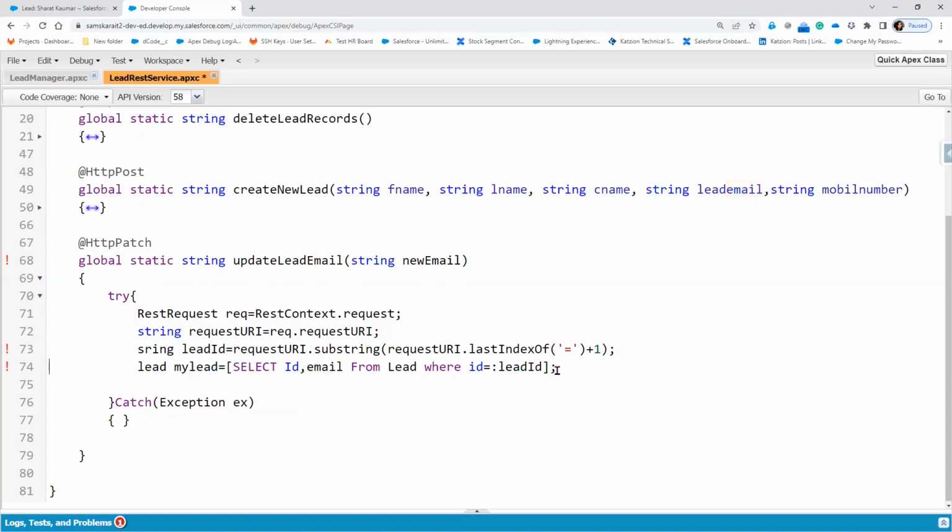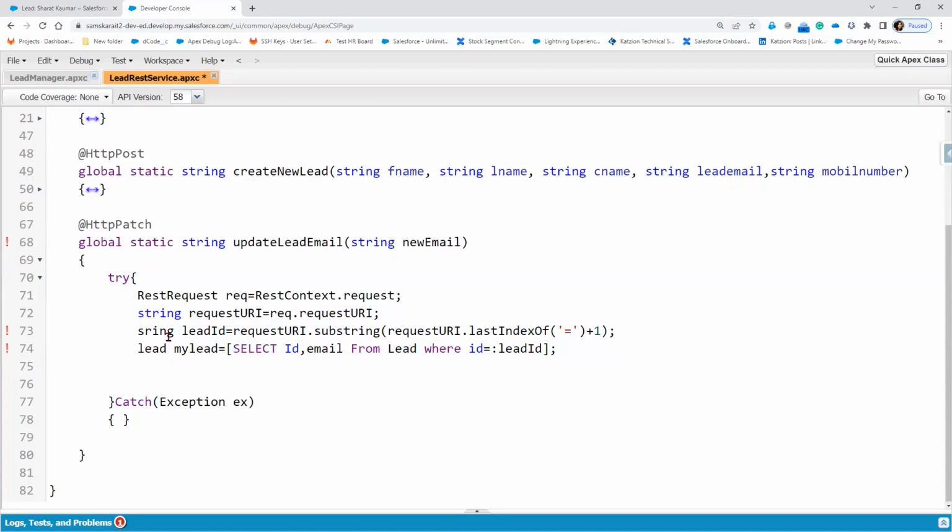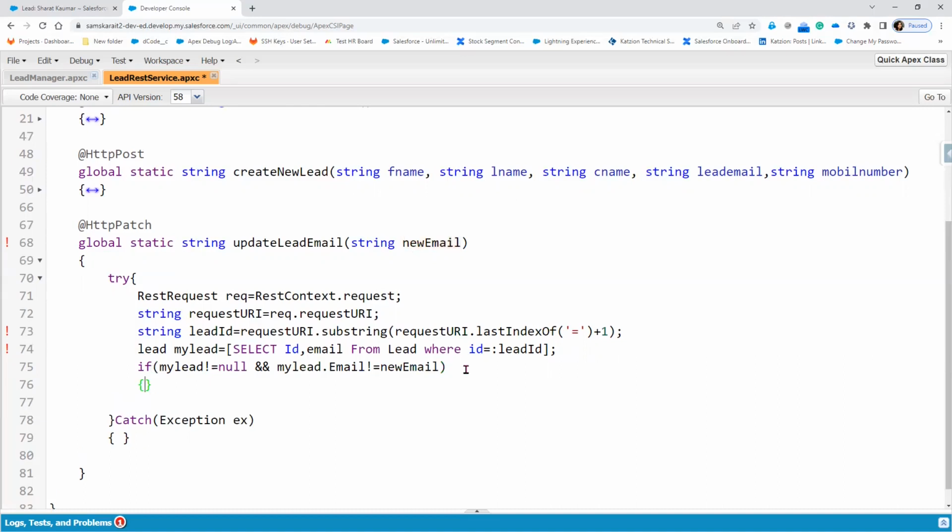Now I'll check here if whatever I am getting as my lead is not equal to null as well as, ampersand, my lead dot email is not equal to whatever the new email is. If it is not equal to the new email,